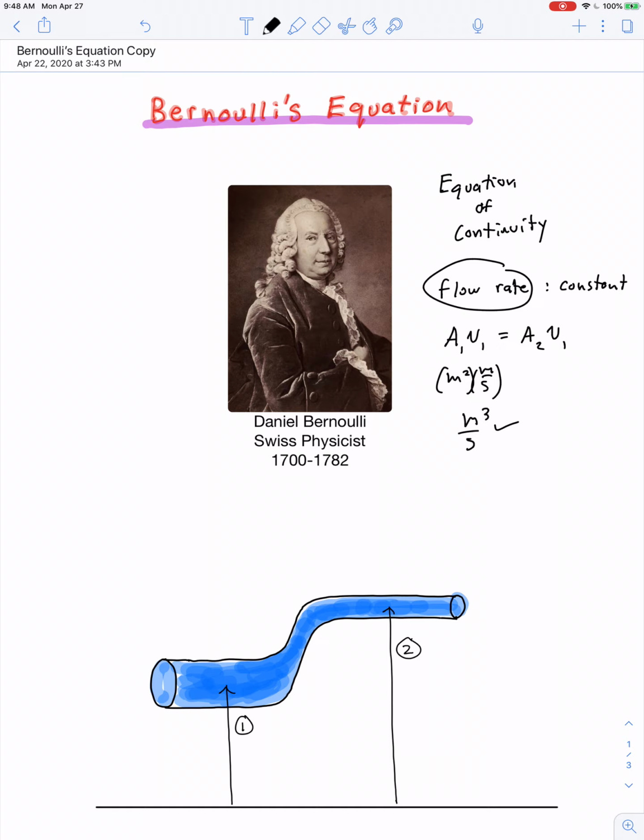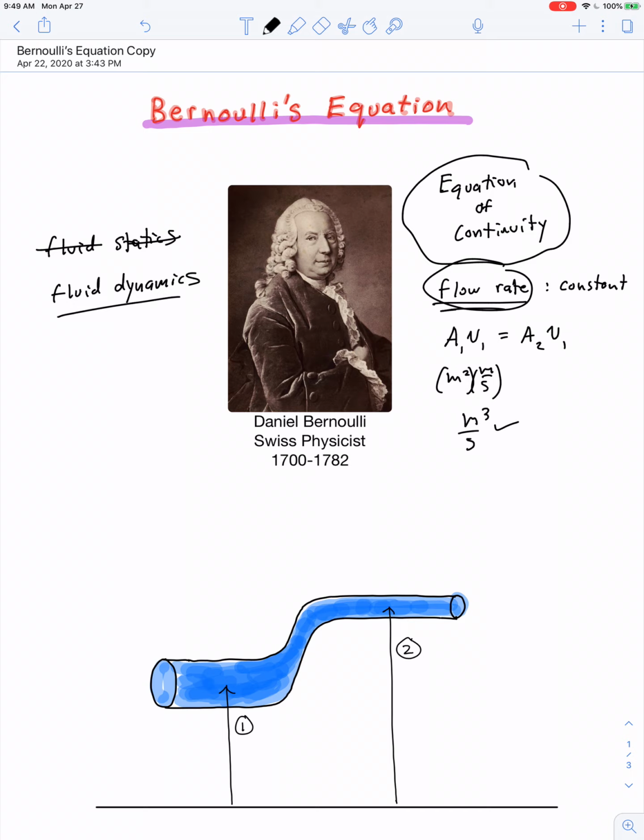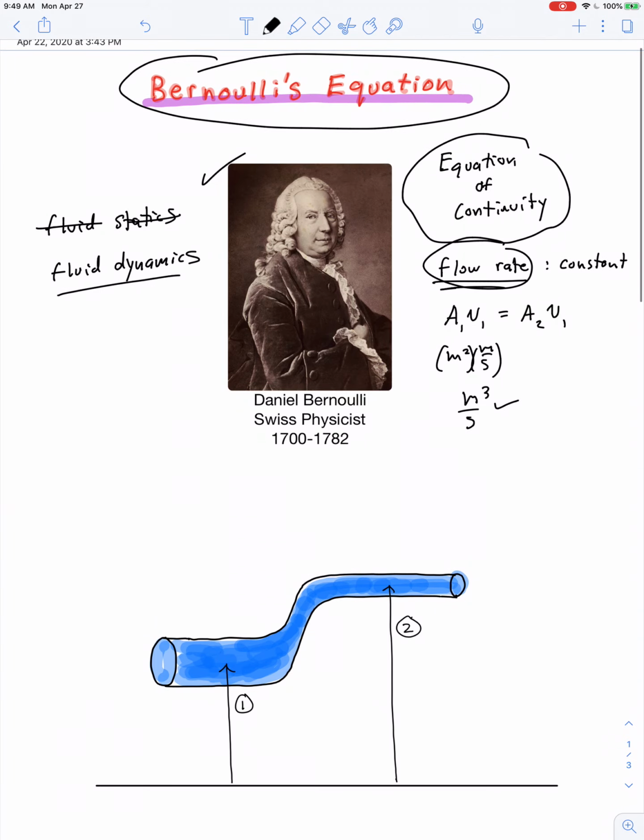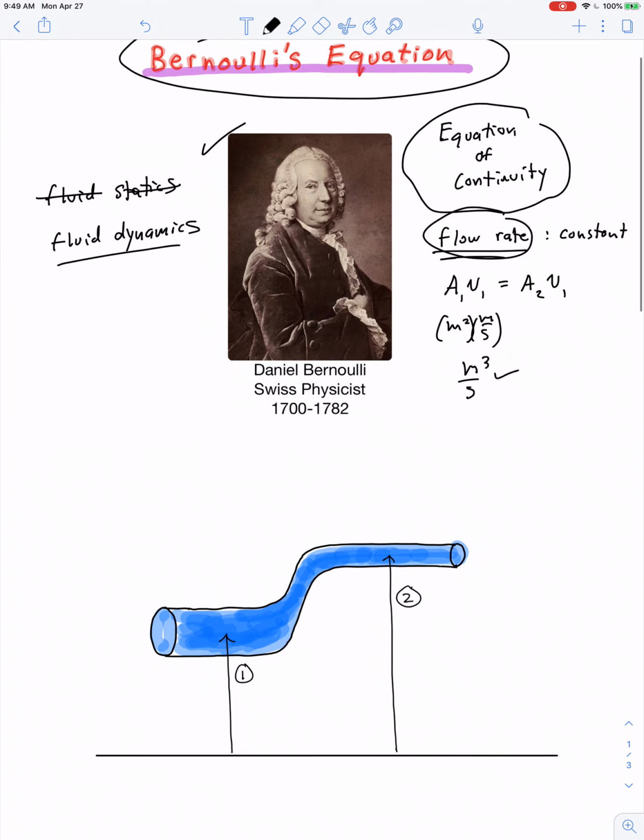Okay, well, in bringing up this equation of continuity and talking about the rate of flow, we've definitely transitioned from a study of fluid statics, and we've moved on now to fluid dynamics. And one of the key principles of our study of fluid dynamics is expressed in the form of an equation known as Bernoulli's equation. So here's a picture of Daniel Bernoulli, and a situation where you might apply Bernoulli's equation